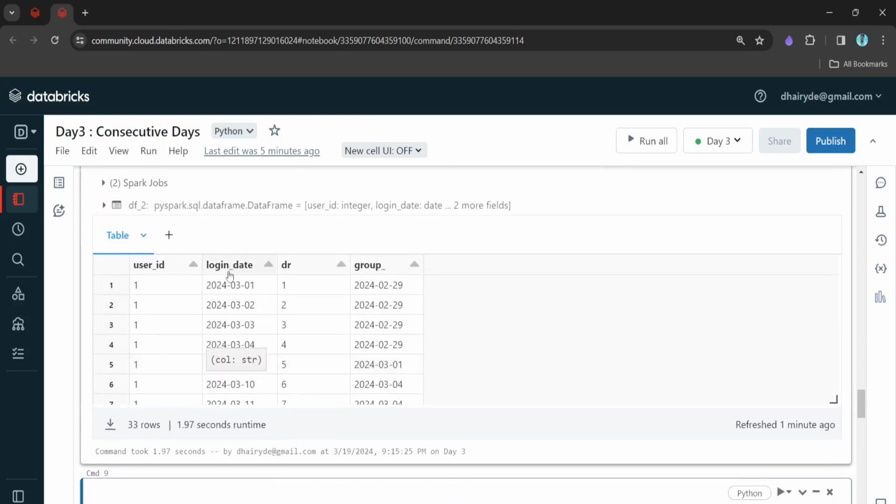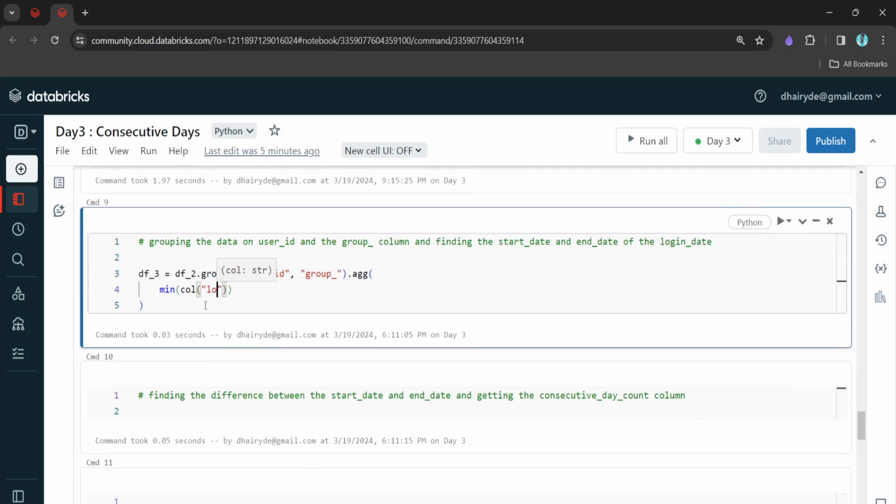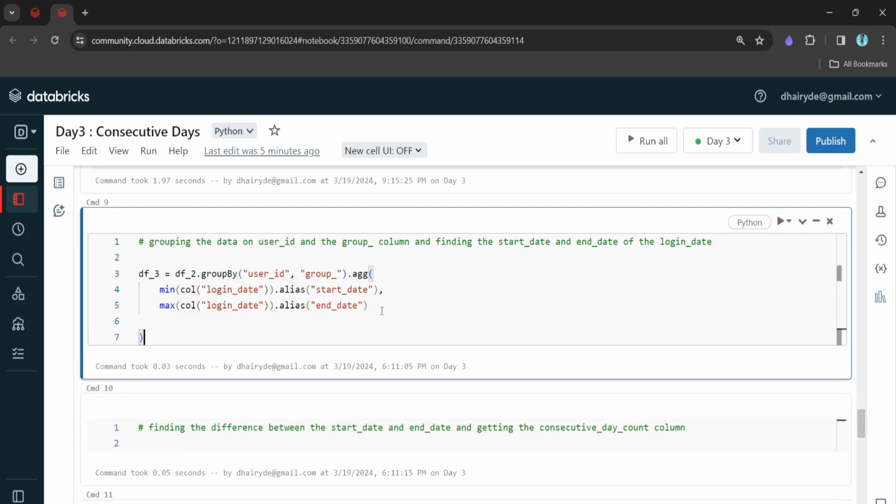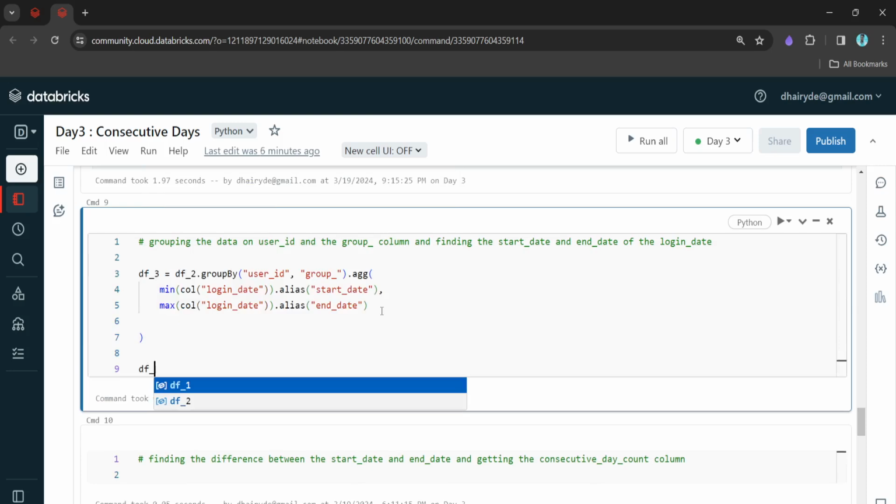We need to find the min of login date, and we can alias this as start date. Similarly, we can have a copy of this and paste it here and write max, and here we can write this as end date, right? And we can